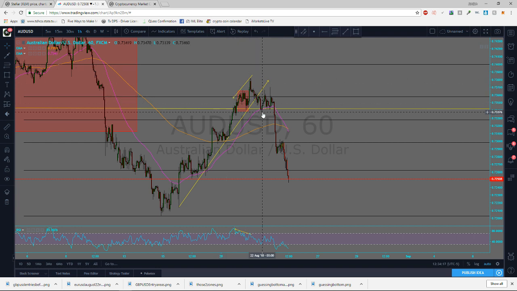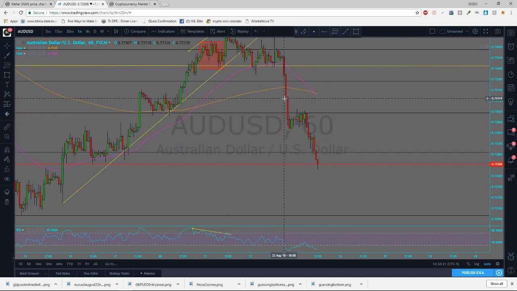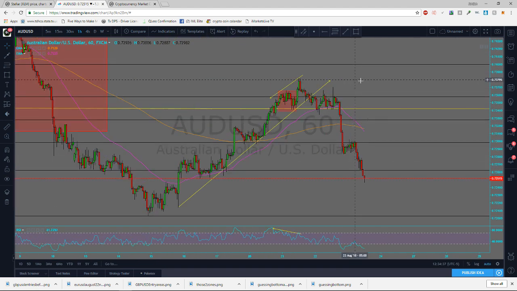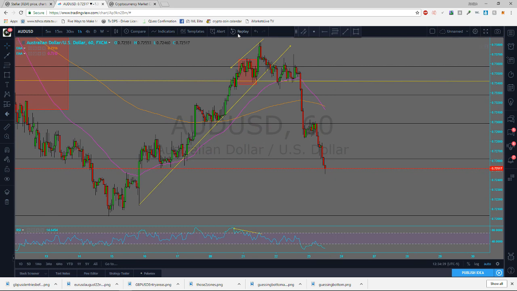Trend broke, right? And then we start seeing the bottom happen. You can identify maybe this little doji right here. If you like to pay attention to candlestick patterns, that doji right there, right? Possible price reversal. So possibly that can be the bottom. Okay. So if we were to go into replay mode,